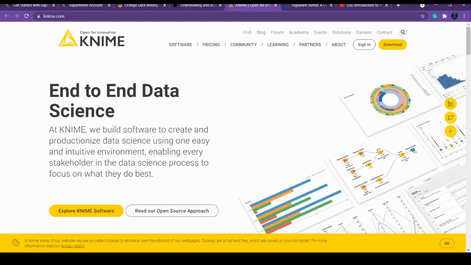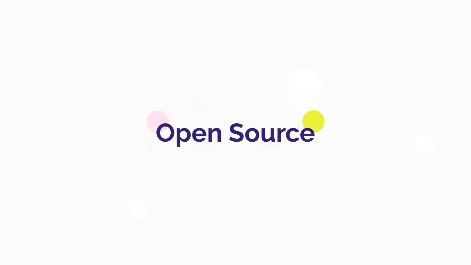Okay, and the next one we are going to talk about is KNIME. Okay, so KNIME is also open source. It is a best integration platform for data analytics and reporting developed by the KNIME company.